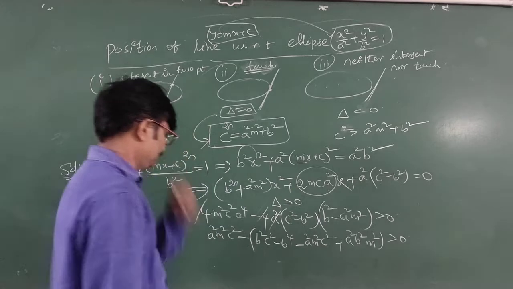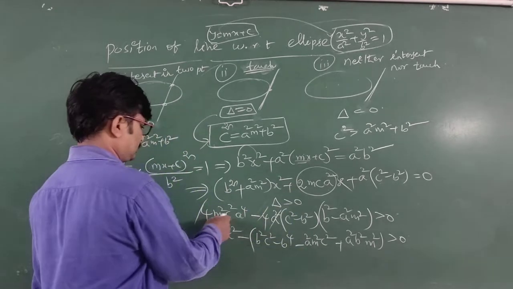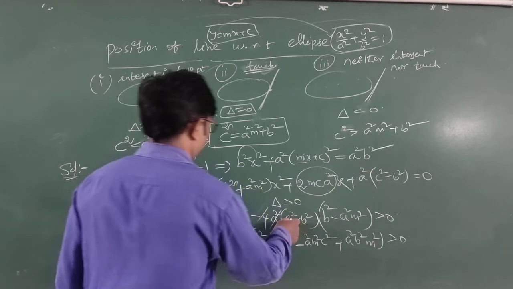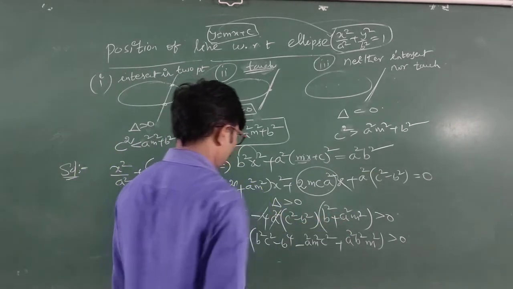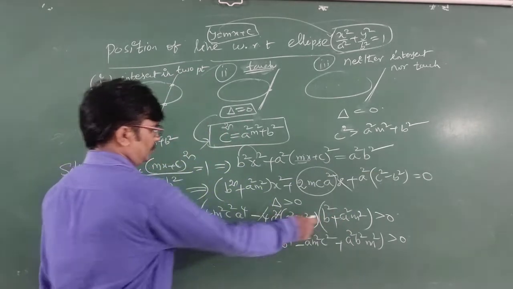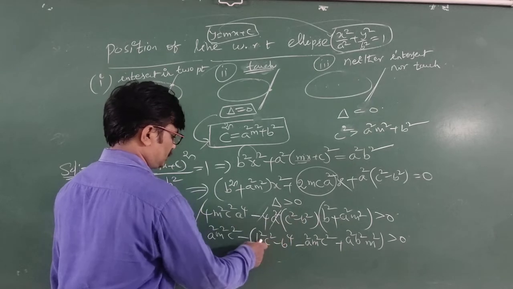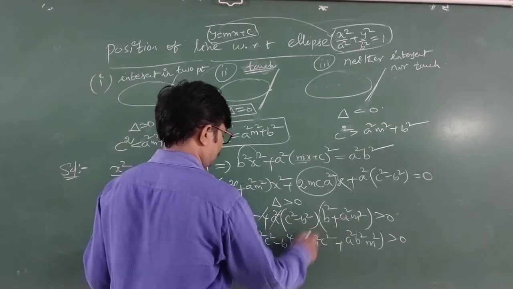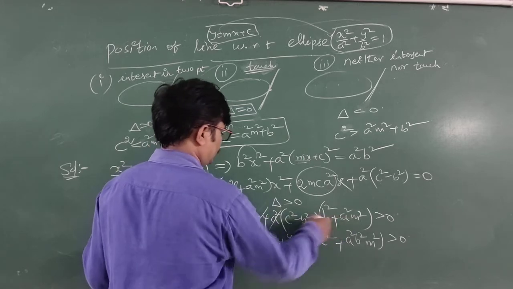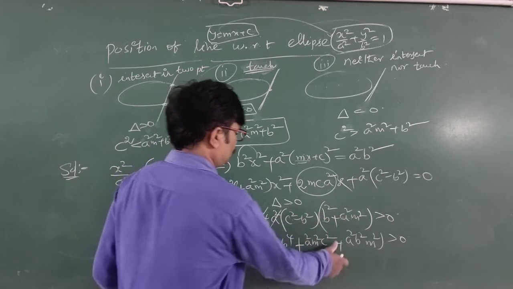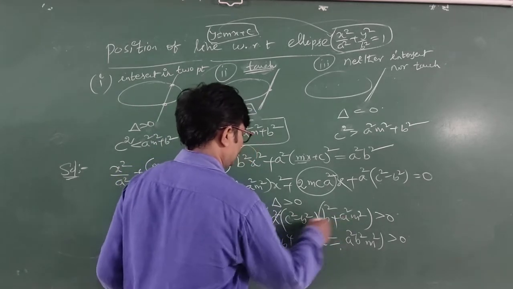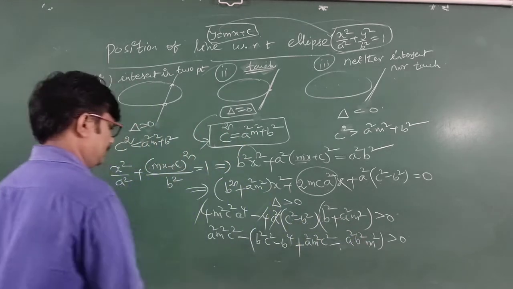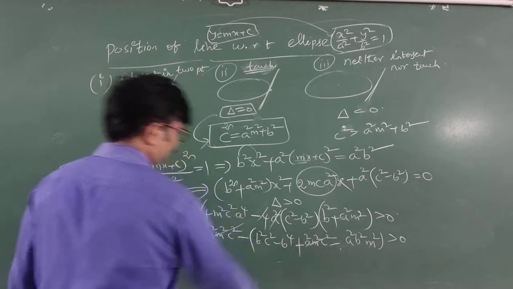My dear students, then it is b square, 4 m square c square, a power 4, minus 4 a square into c square minus b square, b square. Now students, when you multiply with this, it is b square c square minus b power 4. Now this is a square m square, a square m square c square. After that students, what you observed here, a square m square, a square b square m square. Now students, these two are cancelled.